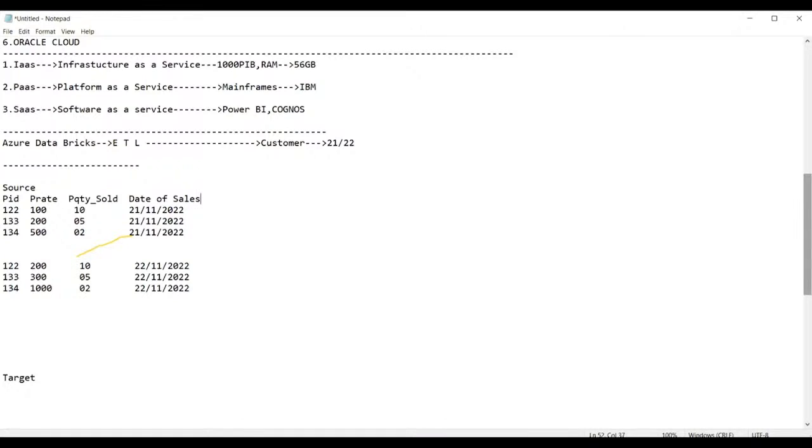So for that, we use a technique. What is that? ETL. Let us see how ETL is applied here. ETL stands for extraction. Let us see how the extraction is done here. The first process of extraction is where you have to pick up the required data. Do we require the product ID to find out the net sales amount of the day? Do you require the product ID, guys?